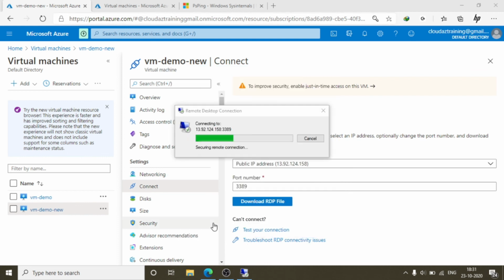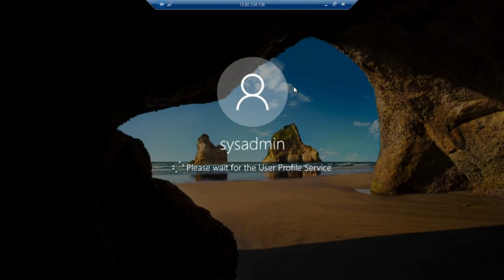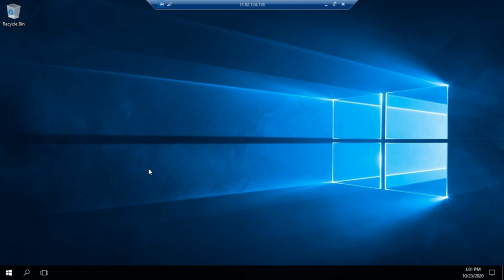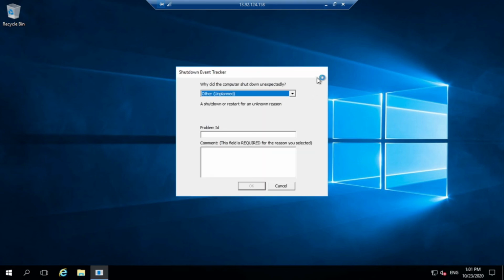Click okay, click yes. Now we can see our Windows machine came. So we have successfully logged in to this VM.